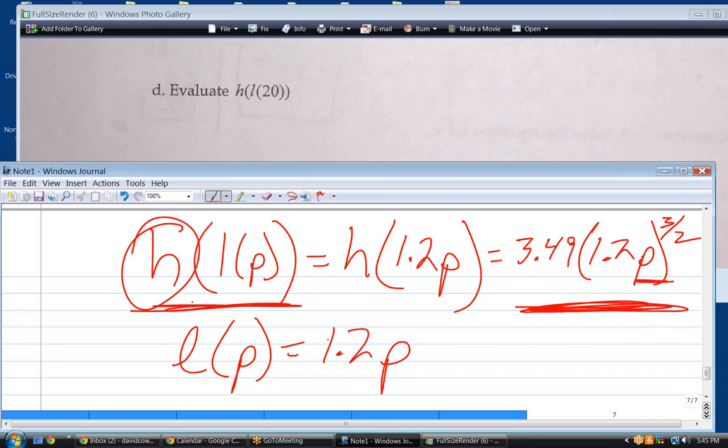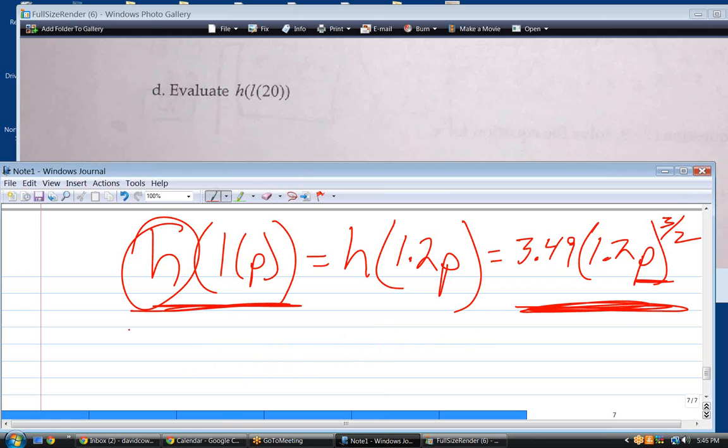Okay. You see why? In other words, they're asking me, here's H of L of P, and now they want to know what is H of L of 20. So wherever I see P, I'm going to put 20. Well, I see a P right there. So